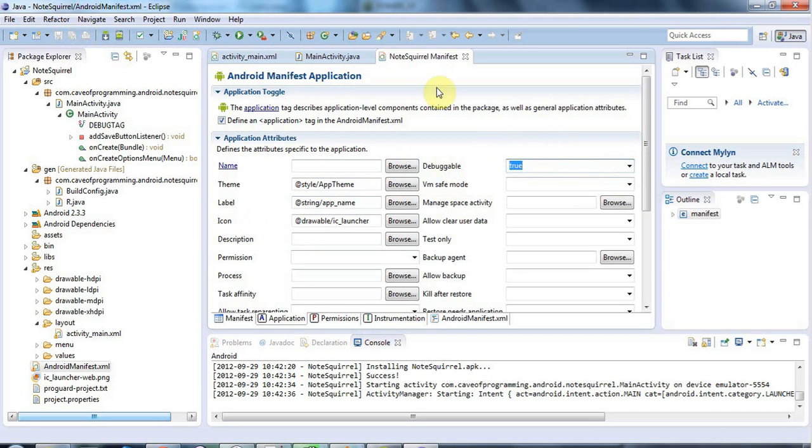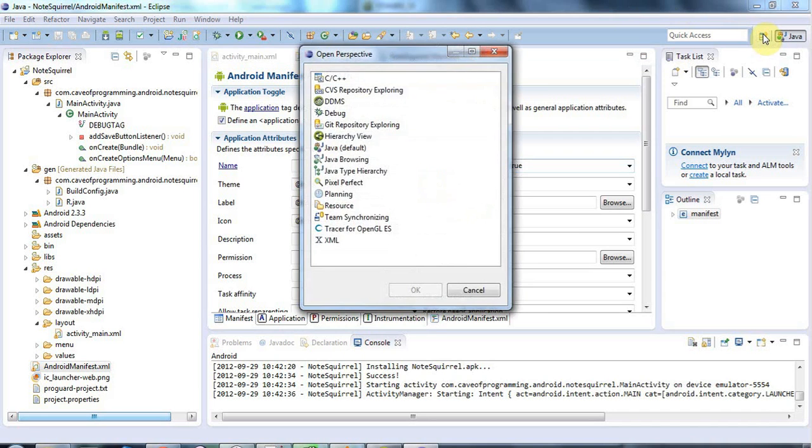Now to actually see those messages, I'm going to use a tool. I want to view the output of something called logcat. And logcat is actually a system for drawing together all the debug messages and displaying them in one place. And to view logcat output, I'm going to use the Dalvik Debug Monitor Server, known as DDMS. And if you click on open perspective up here in the top right corner, you'll find that the Android development tools have actually installed this DDMS perspective. So I'm going to open that,